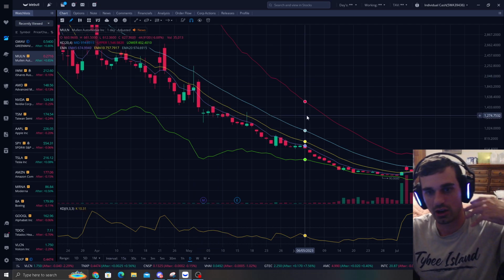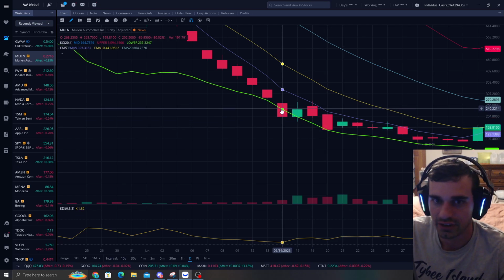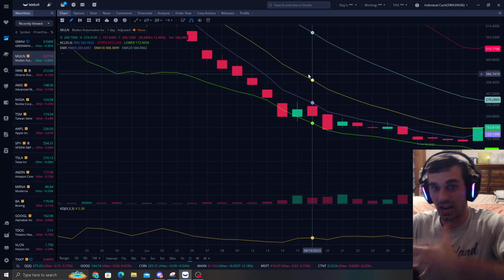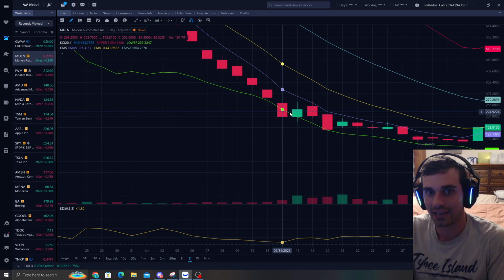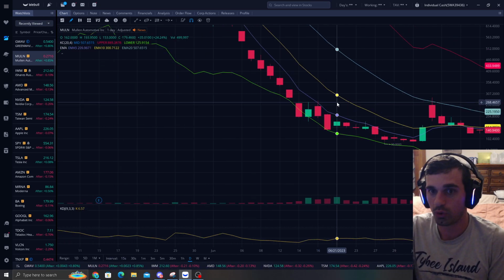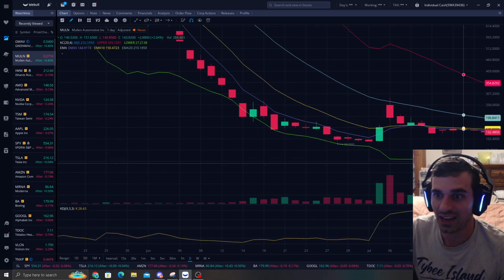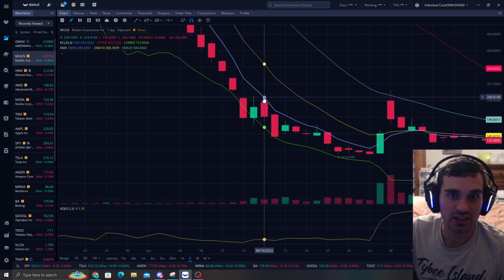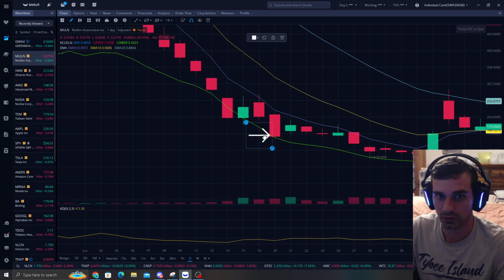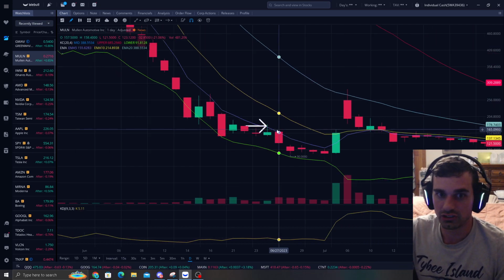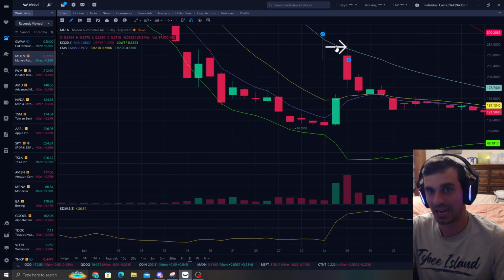What I'm saying is, according to the system, what is to say that MULN doesn't hit right here at the green band and shoot up? I've seen it happen so many times. So what we do is a starter add, and then we look to accumulate more and more. The more it goes against us, the bigger the adds. If you didn't take your gains right in here, I did take my gains and my profit, and we look for the next add. You can keep taking these 10 to 20, 30% conservative gains, and then bam, there's the big move up.